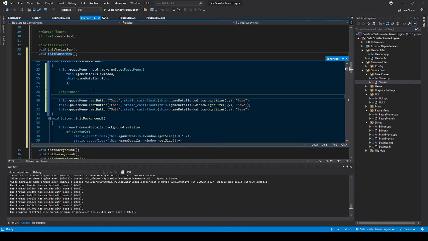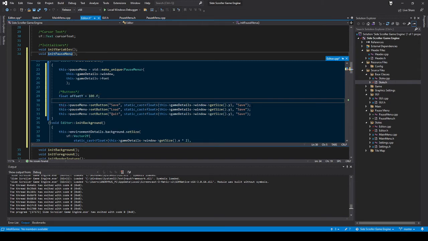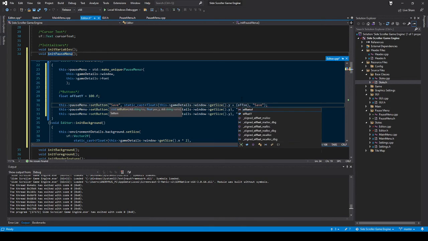So let's do float offset y is going to be equal to probably make it like 100 point f. Okay, and let's think about this. Maybe this will be in the center, and then this will be plus offset y